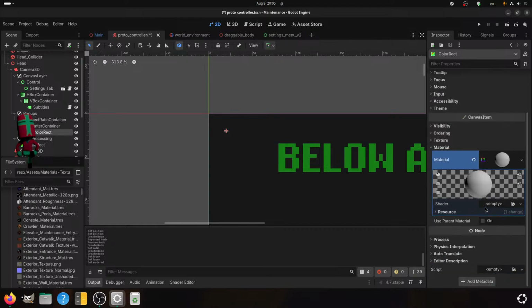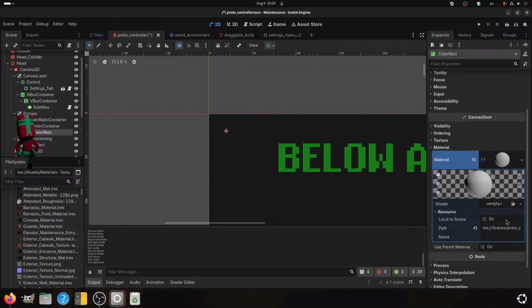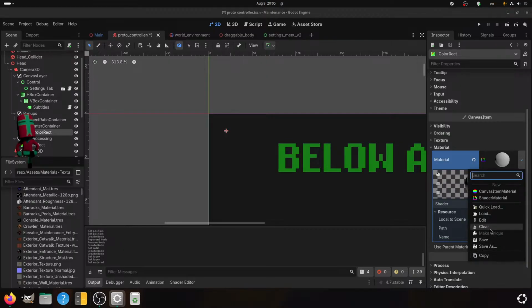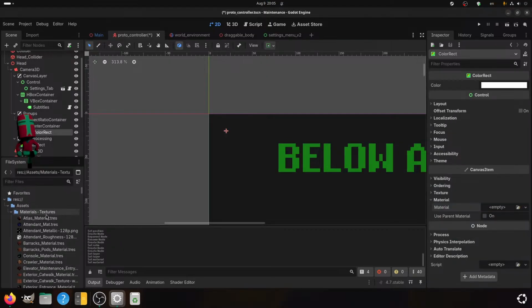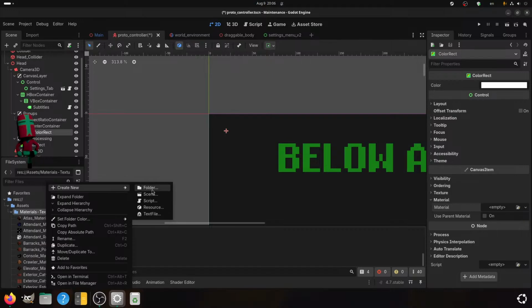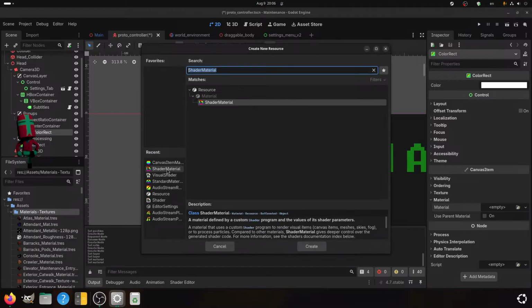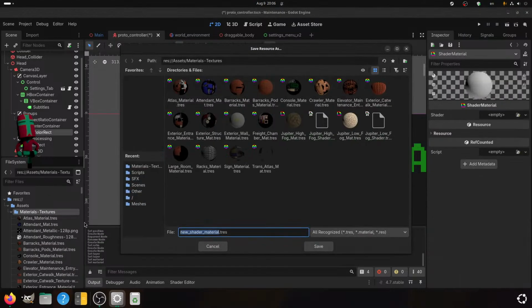Let's start with one of you. Okay, so let's say with the same. Clear. Create new resource, shader material. And you will be poster one shader mat.